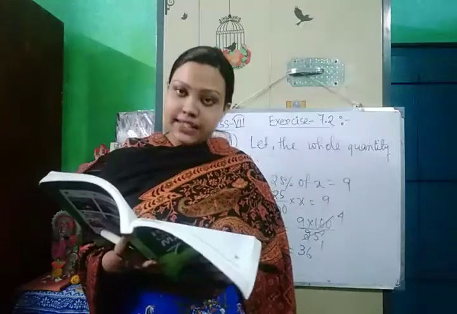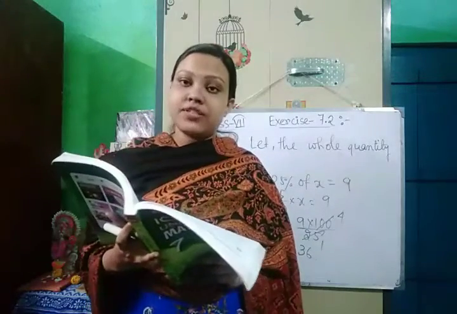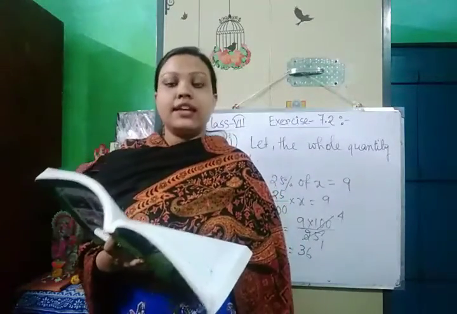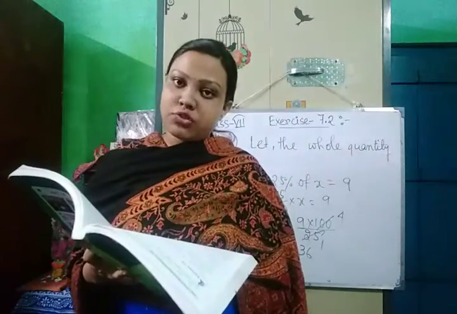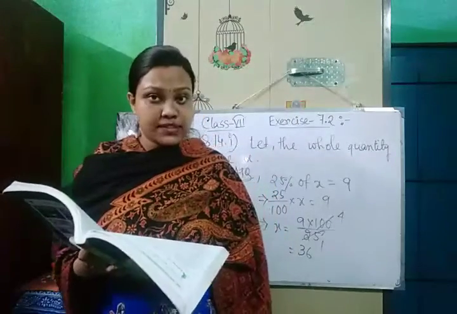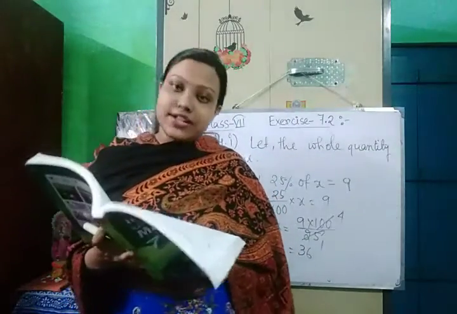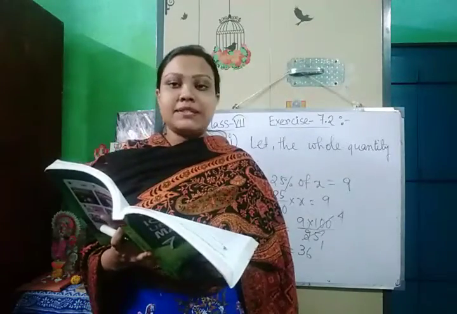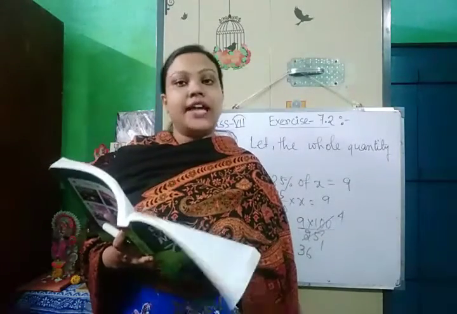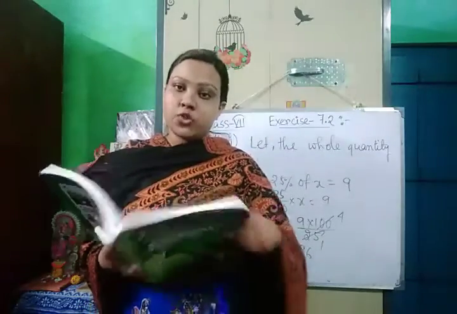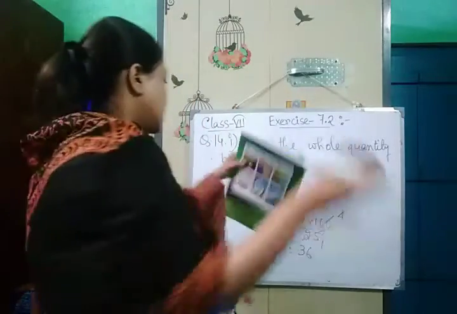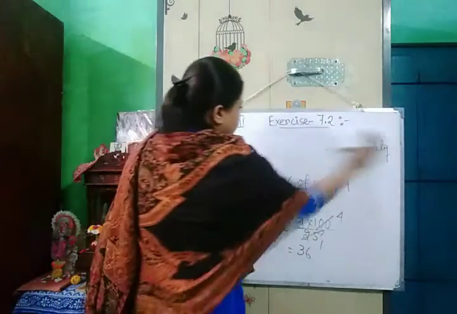We will first find out the percentage of good apples. Then we will have the percentage of good apples and also the number of good apples. Okay. Now we will assume that the total number of apples be x. After that, by calculation, we will find out the number of total apples. So here, what will be the statements?